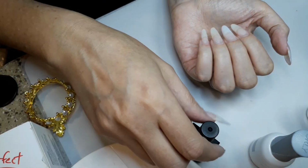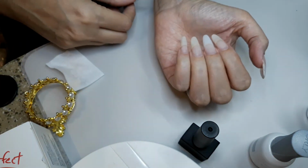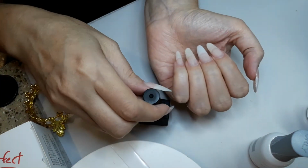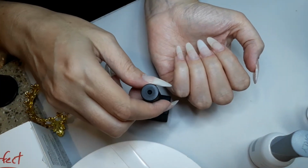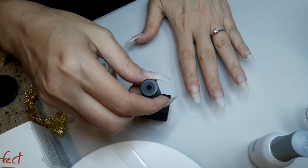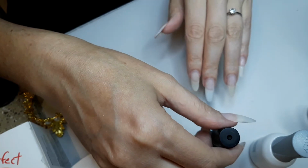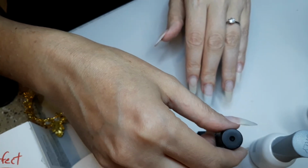So now I'm going to move on to my other fingers, and I'm going to try to stay within your view. You know, I could turn it this way so you can see better. And then I'll just tilt it forward like that. So I'm wiping my brush,